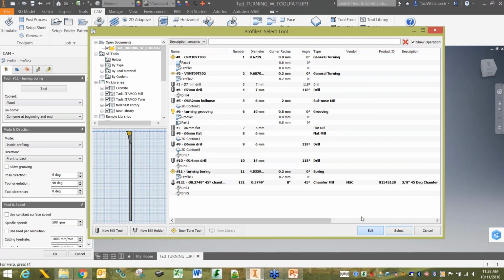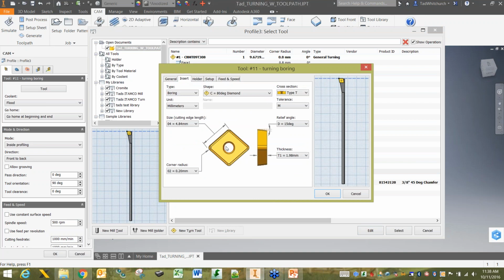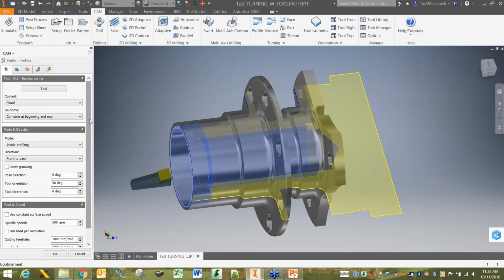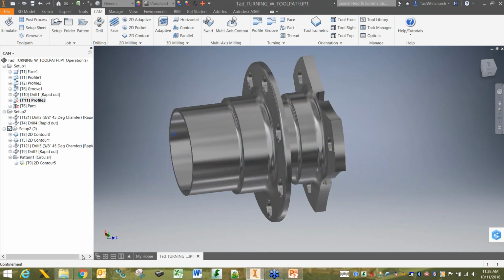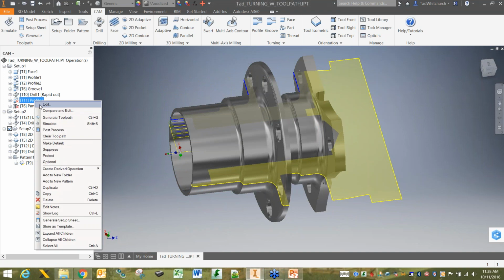But for me, I just pick the insert, make sure that it's loaded the correct way, and you'll see that graphically here also. So we're using the profile operation, which is basically the same thing that we used out here on the outside and the inside. So when you get into boring, really the only difference